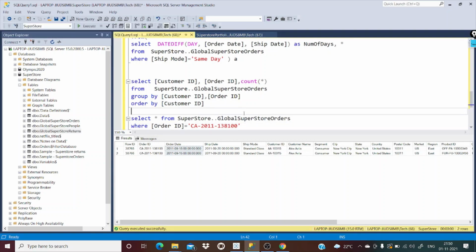So we saw a user can have multiple orders, and obviously the order date should always be less than the ship date. It seems to be good. I mean, there is no data issue as such in these two columns. So row ID can be used as a primary key, but it will be great if you can combine row ID and order ID and use it as a composite primary key. You will not be doing that, so that's fine.